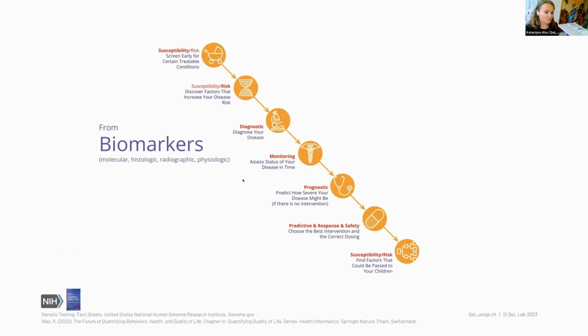And also, I would like to point out that with biomarkers, for example, when you look at how genetics is using genetic biomarkers for risk, susceptibility, or diagnostic, monitoring, prognostic, predictive, or safety, and again, risk towards propagating the risk to others, to the children. These are really nice categorizations of these different biomarkers being used, based on hard endpoints collected by technologies from